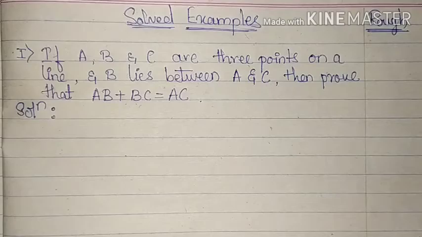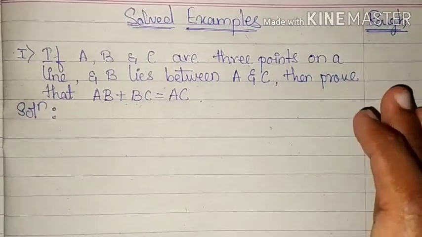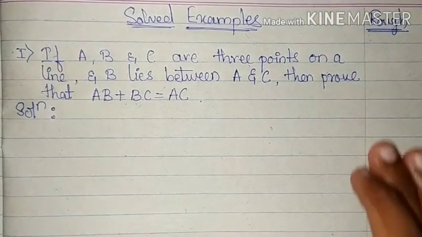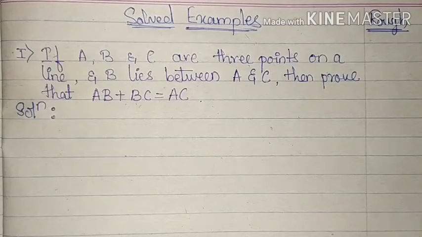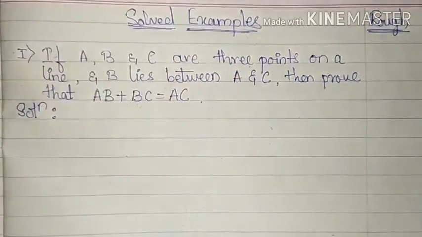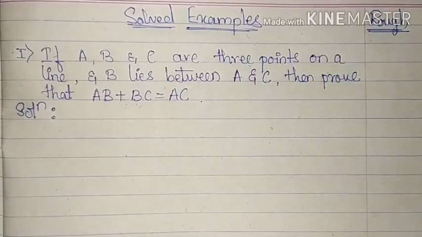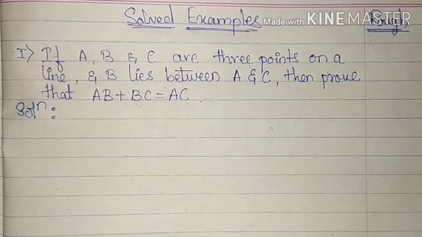The next section of our chapter is solved examples which are given in your textbook. Before I move on to the first question, children, please take note how I have divided my page into two parts. On the right side of my page, I have left some space for rough work. It is necessary whenever you write any test or in your classwork or homework, please leave a little bit of space for rough work. And on the left side, which is the larger portion, I have left it for the solution and questions part.